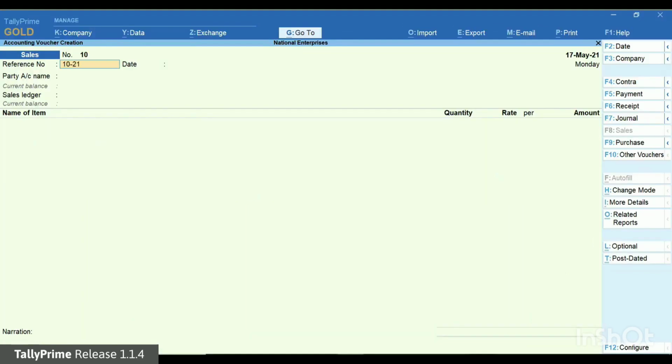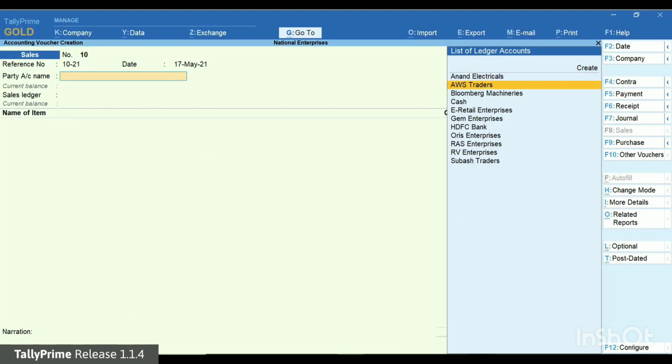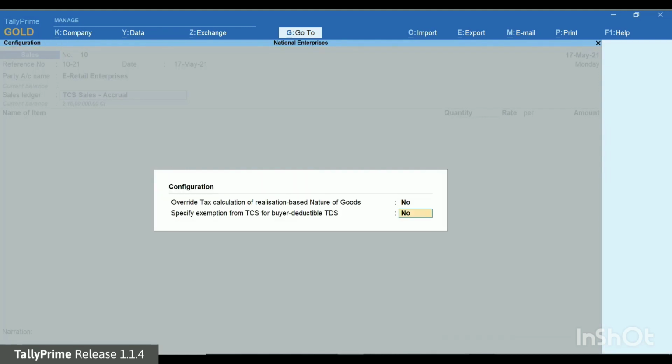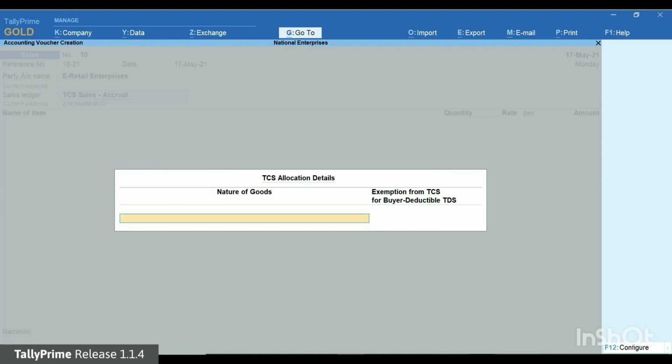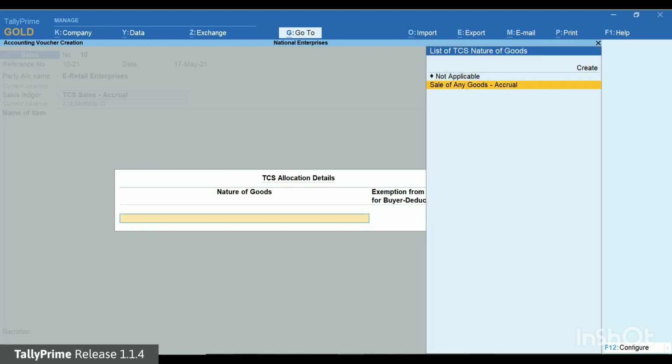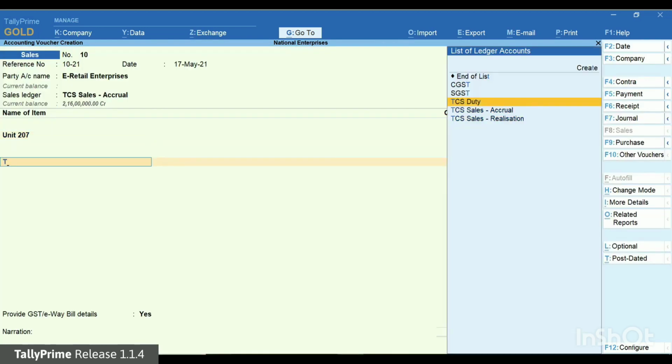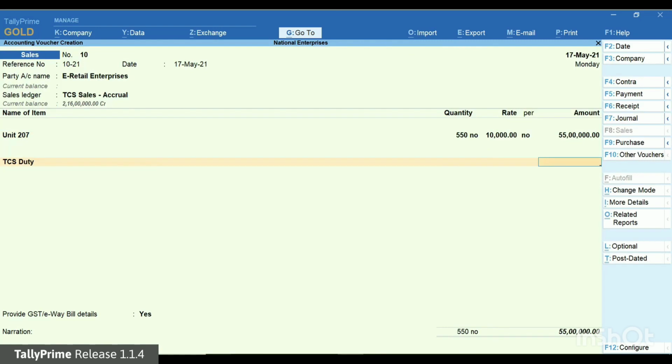To support this, while recording an invoice, you can override tax calculation by enabling the F12 configuration option, specify exemption from TCS for buyer deductible TDS in TCS allocation screen. You can set the column Exemption from TCS for buyer deductible TDS to Yes to avoid calculating TCS.